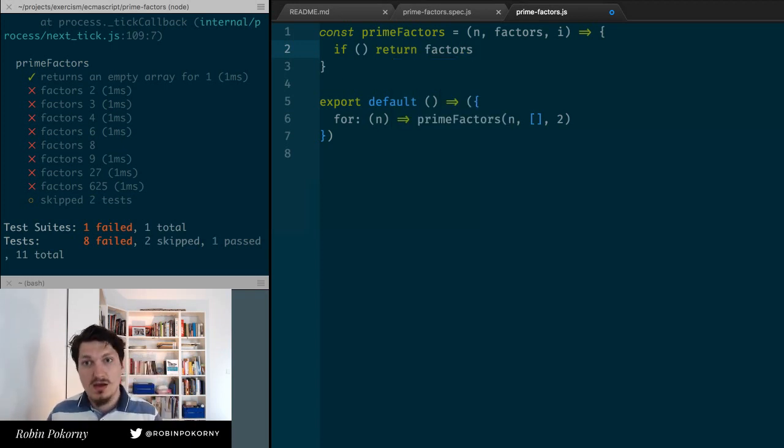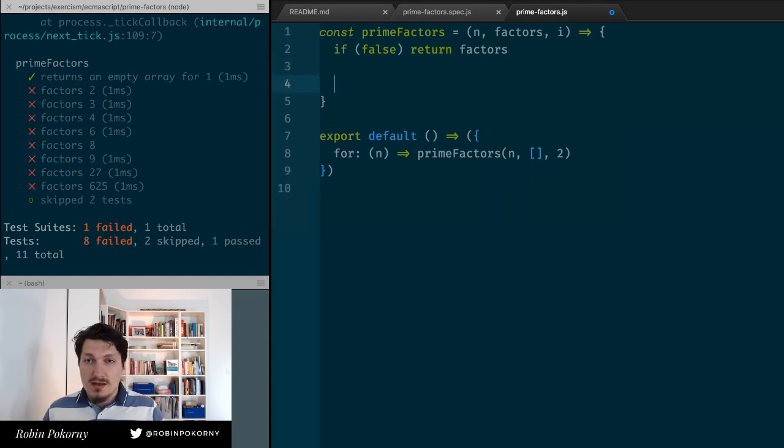Right now we can write false, because we will think about a condition a little bit later, since right now we are not sure about that, right? And then there are two possible options. I divides n or not. So I will write it